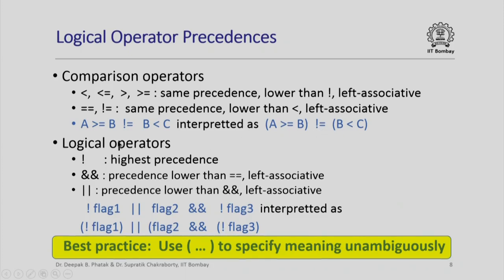We can also have logical operators and precedences between them. For example, among the logical operators, negation has the highest precedence, then is binary AND, and then is binary OR. Binary AND is left associative and so is binary OR. So for example, if I write this logical expression, the way to interpret it is, first evaluate the operator with the highest precedence, so it is !flag1, !flag3, then evaluate the operator with the next higher precedence, which is the binary logical operator AND, so it is flag2 && !flag3, and finally evaluate the operator with the lowest precedence, which is OR.